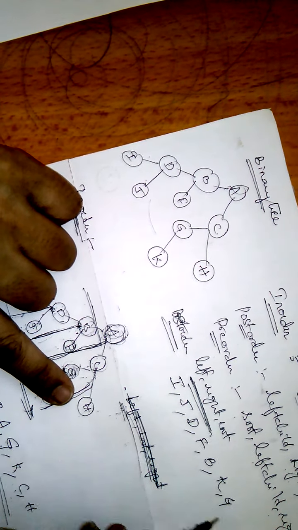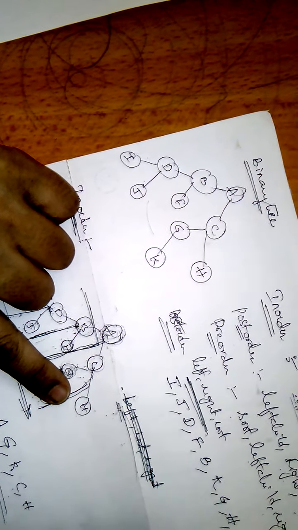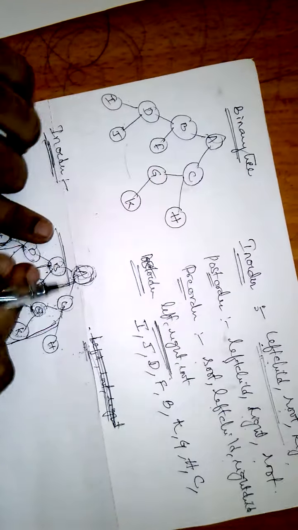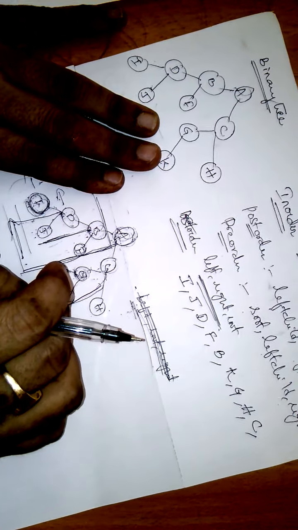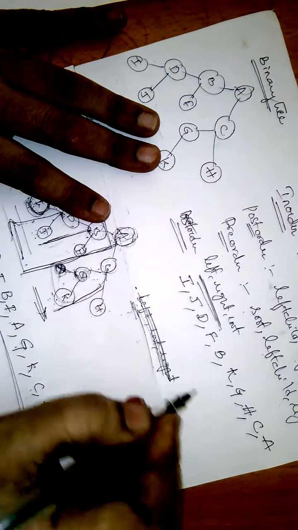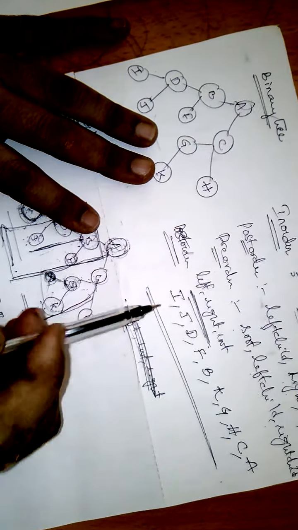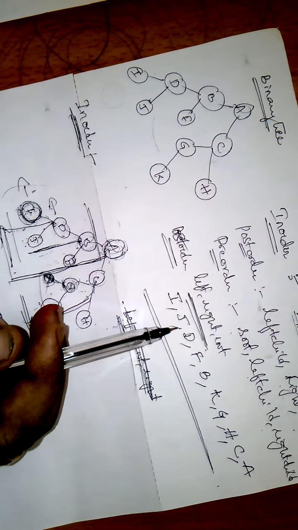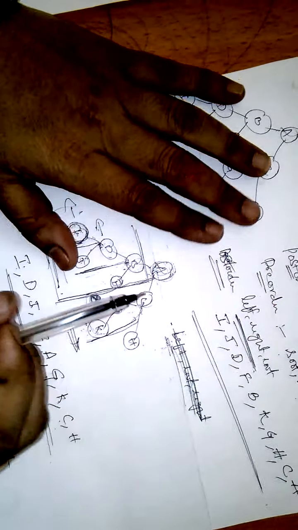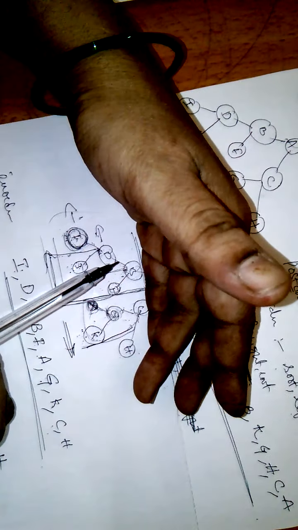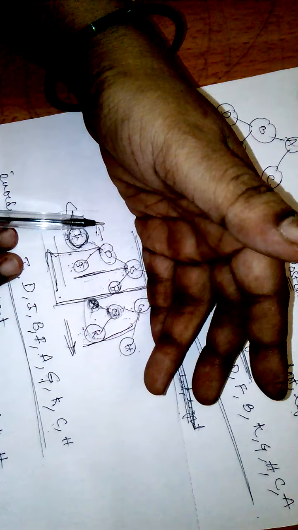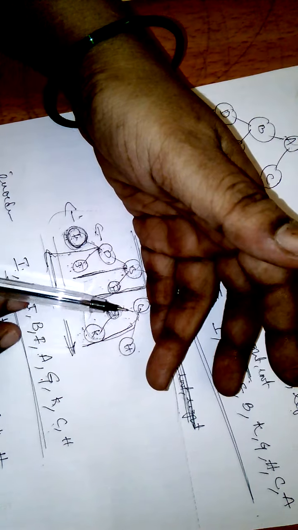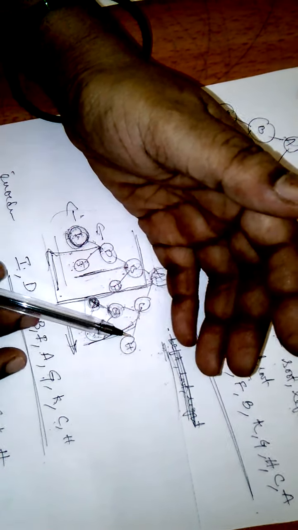Next right subtree. What is right subtree? Only one node H. Then visit the root C. Then we finish left subtree and right subtree. Now A. This is called post order. Post order means first visit all left child, then the right child, and then root. If A is the root, we are traversing the left subtree of root A, then the right subtree of root A, then root.